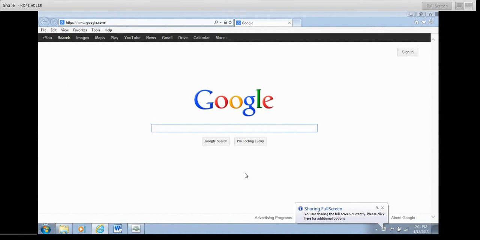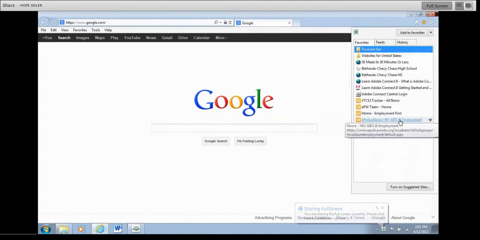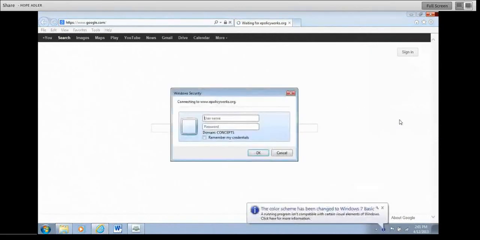Today we're quickly going to talk about how to use documents, create documents, upload documents, and how to use the discussion sections in ePolicyWorks. First, I'm going to access the site. We're starting here at my homepage, and I have bookmarked the HIV/AIDS and Employment ePolicyWorks site, and I suggest you do the same. It's quite easy, and then all I need to do is enter my username and password, and